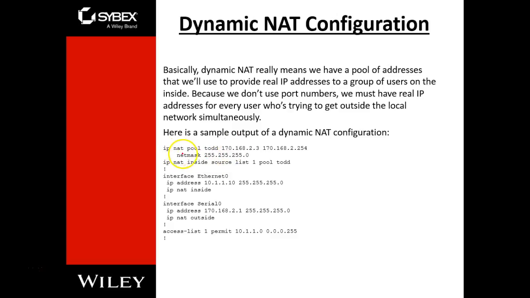A pool is probably to me the easier way to use it. The first command is IP NAT pool. You name the pool. He names his Todd. You can name it my pool or whatever else. Cisco will probably tell you what to name it. And then this is the starting and the ending IP addresses of the pool. And then the net mask